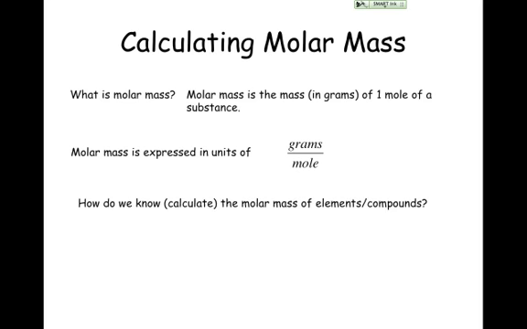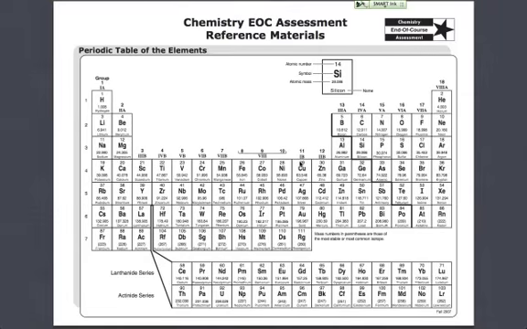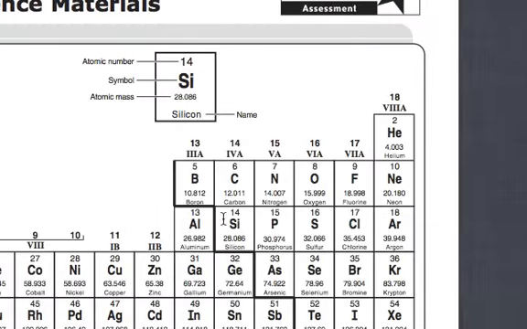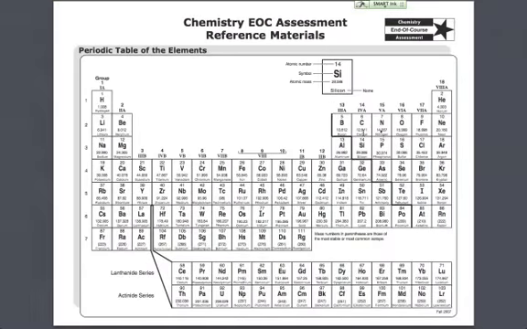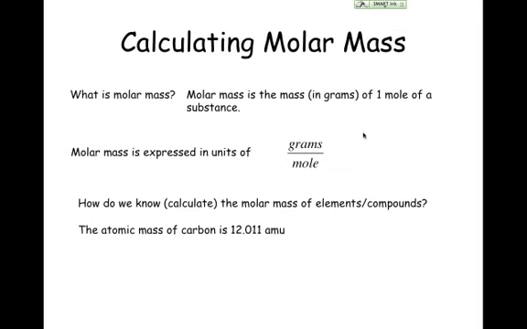How do we know or calculate the molar mass of elements and compounds? Well, let's take a look at that. The atomic mass of carbon is 12.011 AMUs. How do you know that? If you take a look at the periodic table and you look at carbon, you would see that its atomic mass is 12.011. We learned about that earlier. That is expressed in AMUs as the atomic mass. And so the atomic mass of carbon is 12.011 AMUs. Well, the molar mass of carbon is